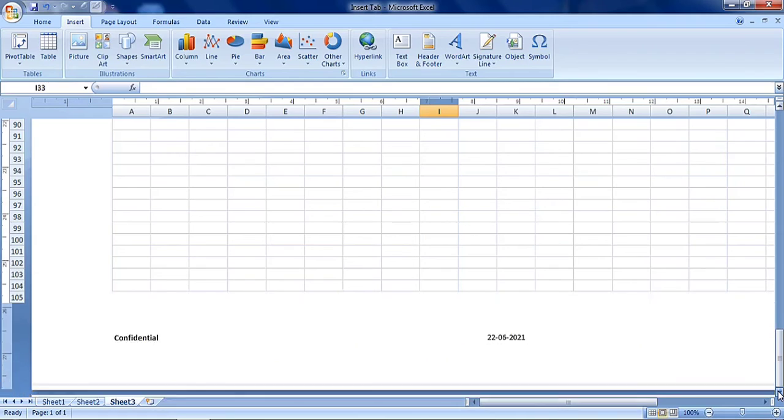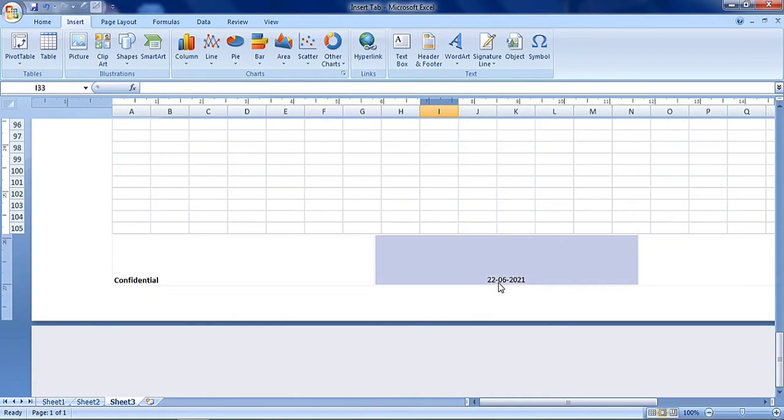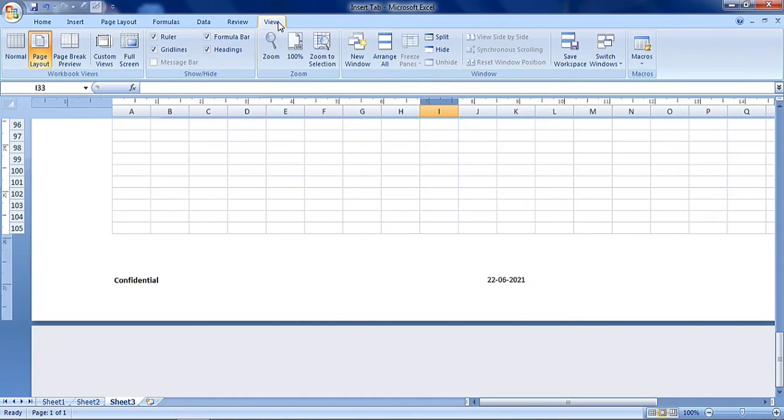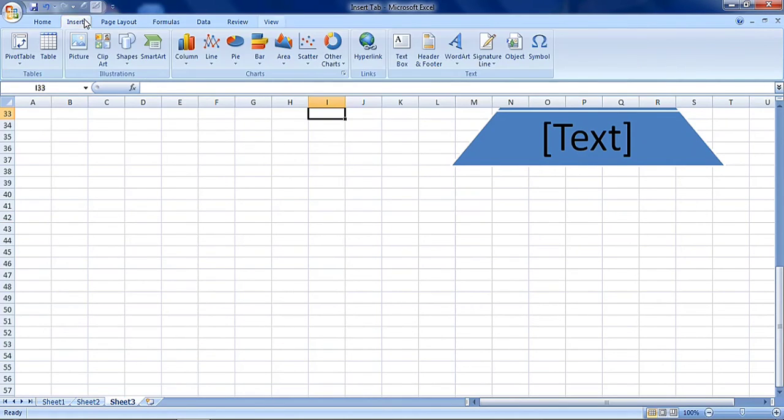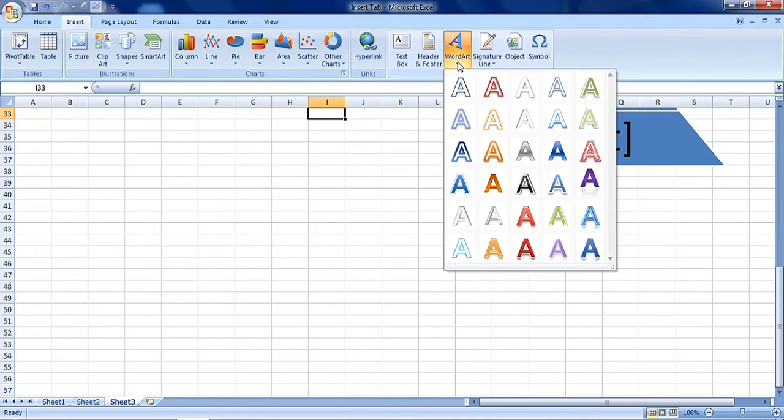This is our footer area. Again, to go back to normal page, click the view tab, then click on normal view. Next command is word art.